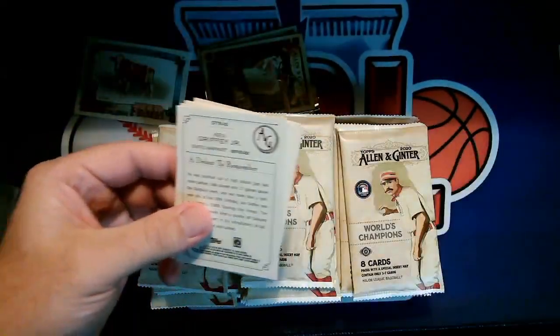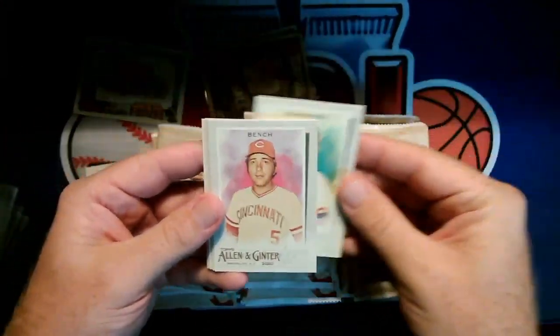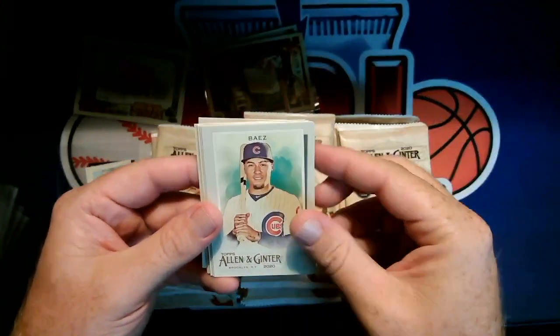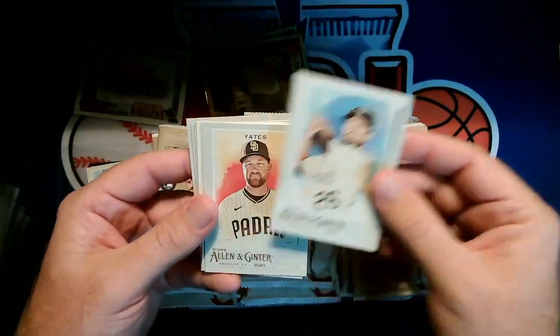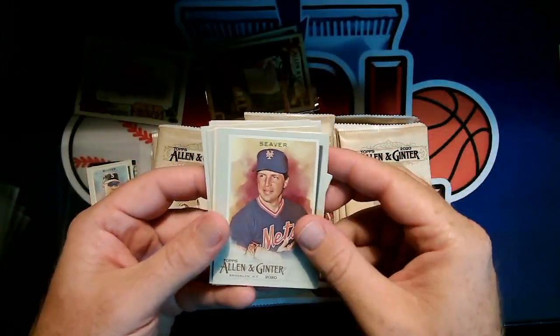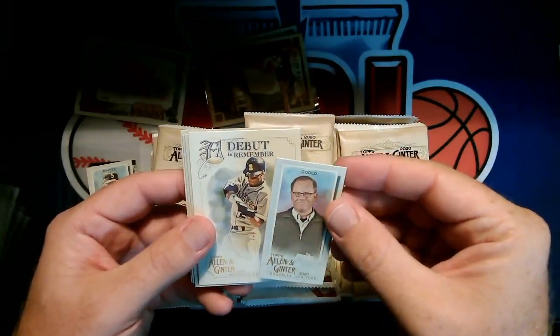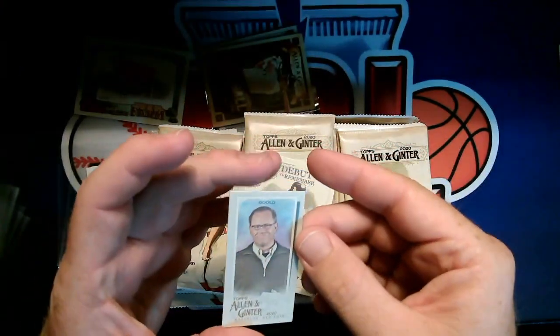We got a Griffey Jr. in the back there. Kyle Schwarber, Johnny Bench, Javi Baez, David Dahl, Kirby Yates, Tom Seaver, kind of neat. Okay, mini is